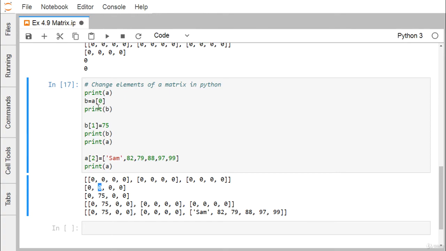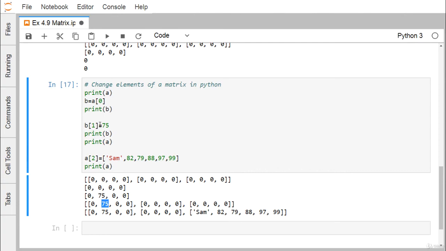That means here we have done the copy of this, that is the 0th element will be copied to b. So b and a both will be referring to the same memory addresses. So whenever you are printing this value of a, I'm finding that the 75 has got updated here also. So to have the better clarity on this concept, please watch the video on the shallow copy and the deep copy we have done separately.